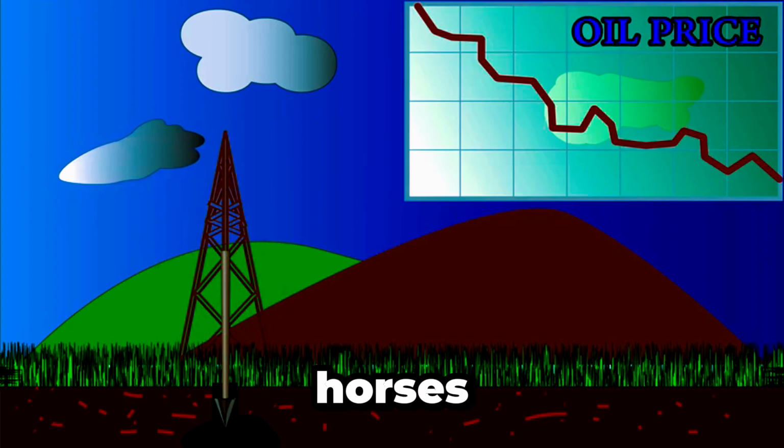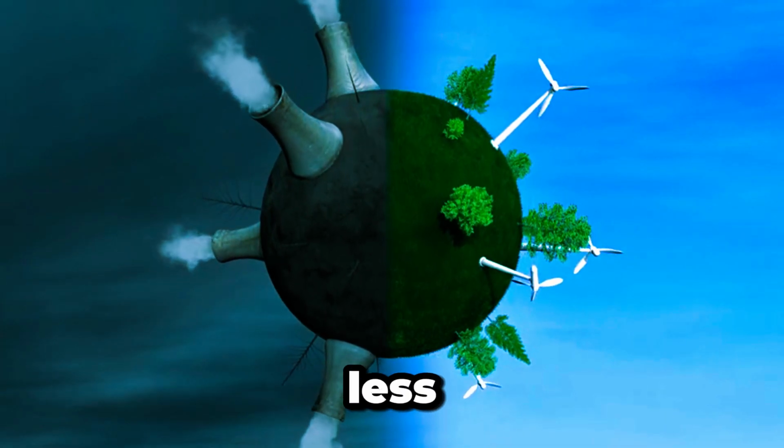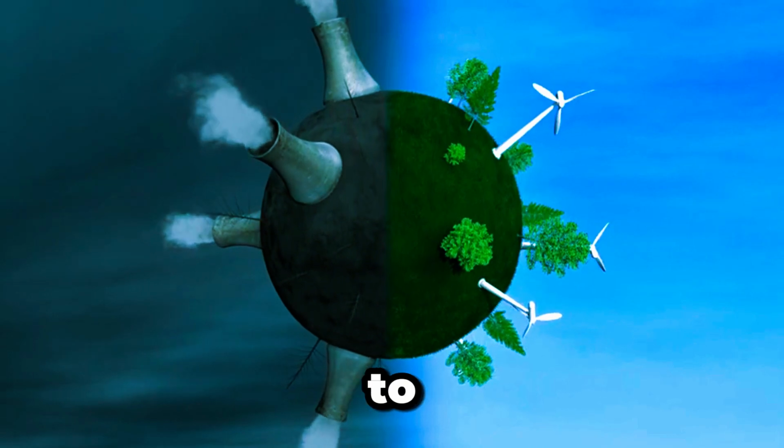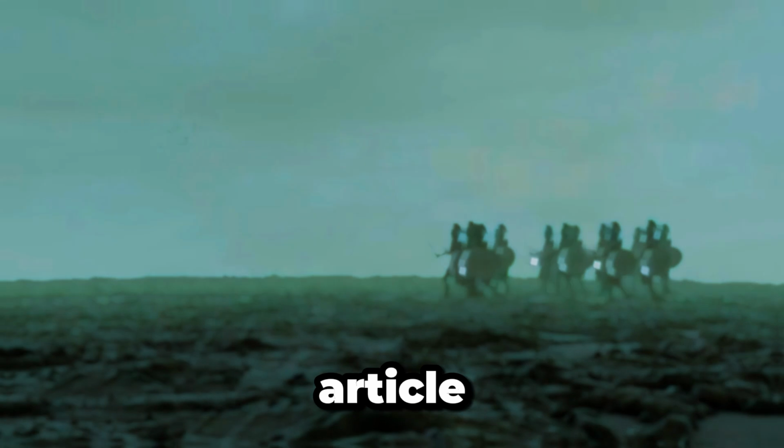Logging with horses can result in reduced damage to soil structure and less damage to trees due to more selective logging. [204]